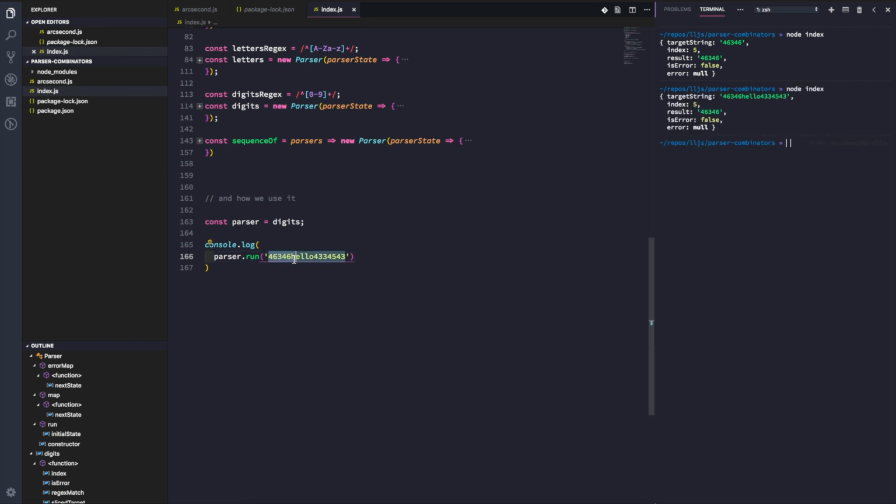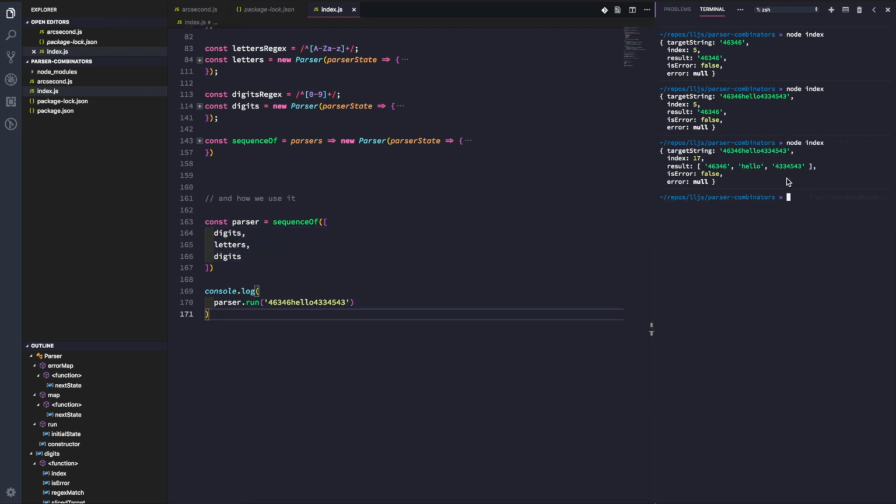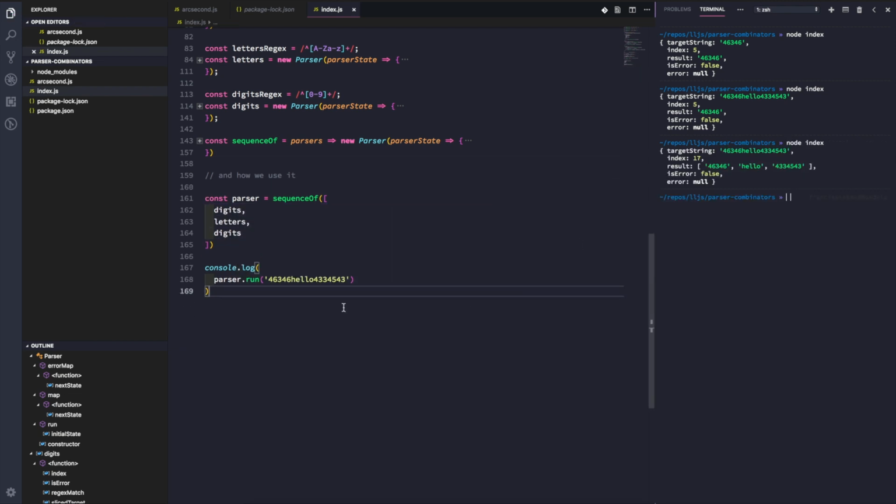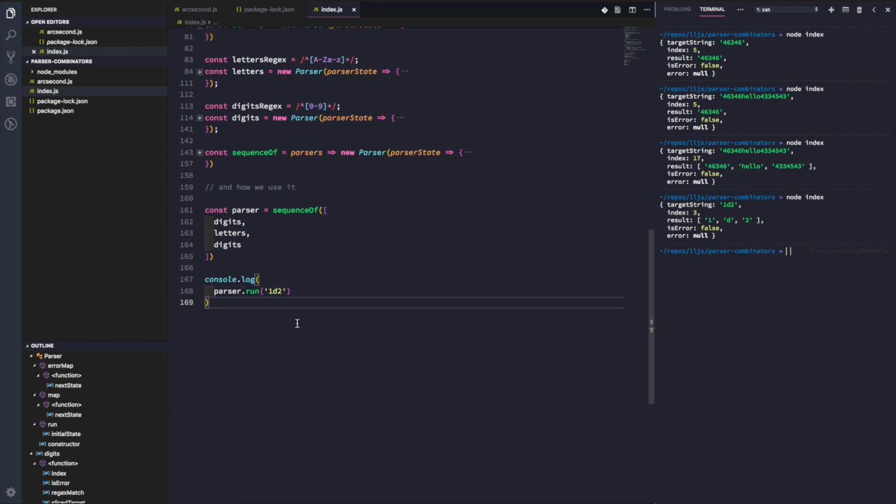We could use something like sequence of, and we could capture digits, then letters, then digits. We now have a generic way. We can fill this in with anything we like, 1D2, and that will match just the same as this is able to match. Okay, and so finally, the last thing I'd like to implement today is the parser combinator choice,